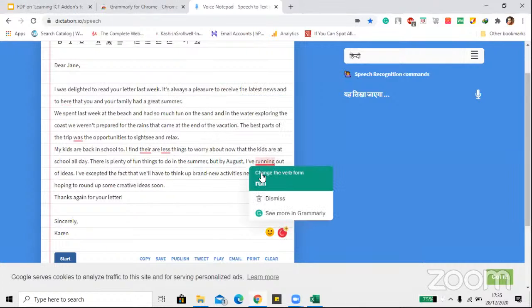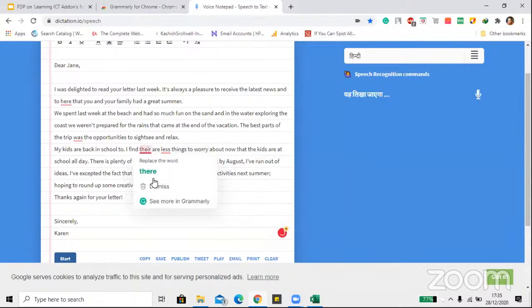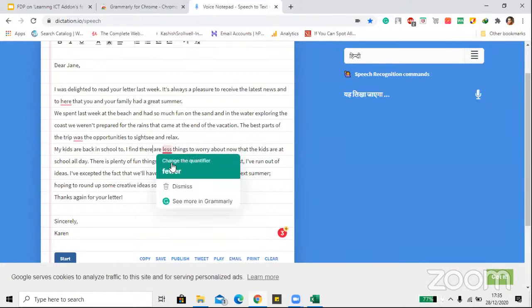So that it is easy to correct the mistakes. It gives suggestions for what we have to write here instead. So "I have run out of ideas": we have to use "running out" instead. "I find there are less ideas": instead of "less", we have to use the word "fewer". Okay, according to the sentence, this is what is suitable over here. But while using MS Word and all, MS Word cannot suggest that you need to use this word instead of this. Okay,